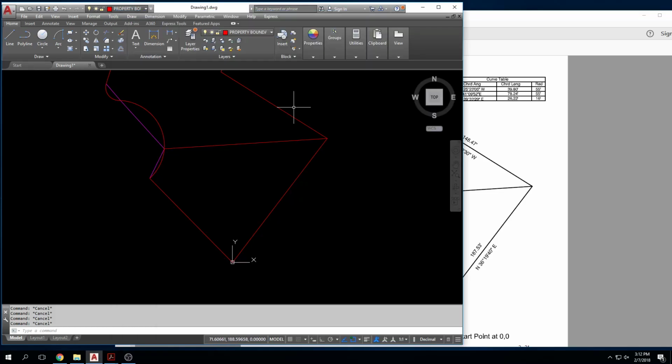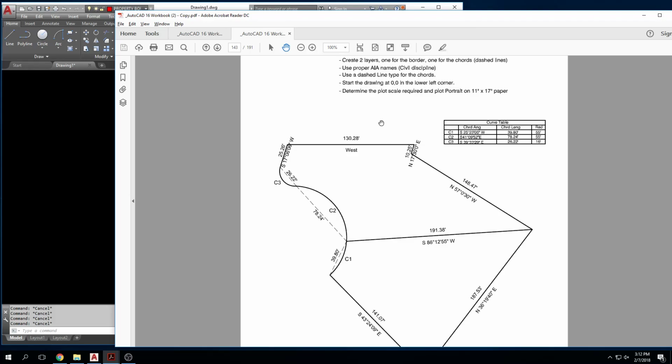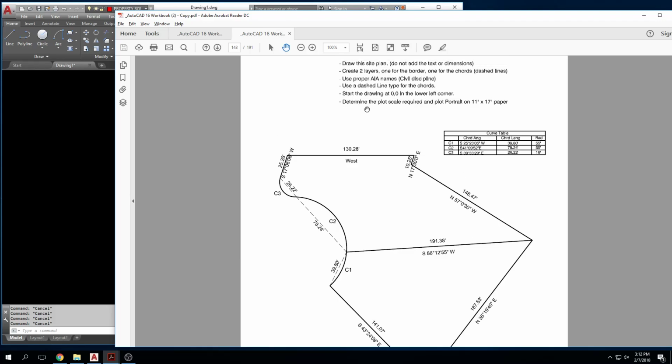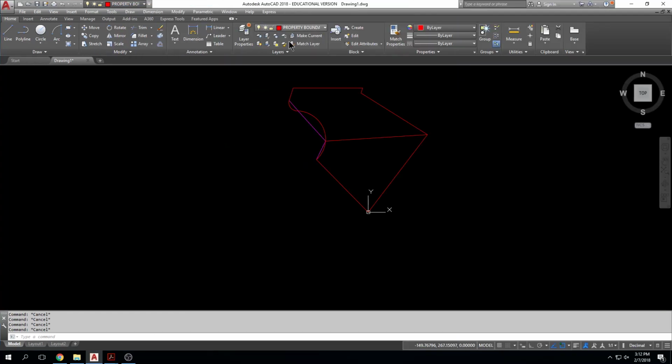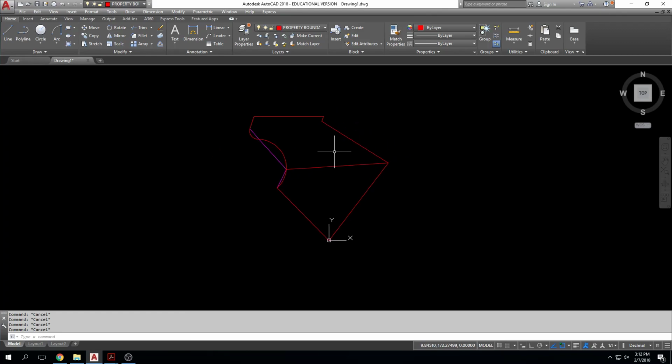I'm going to look at this, and it says on the instructions: determine the plot scale required and plot on an 11 by 17 inch piece of paper. Okay, so now it's time for me to print. I've drawn the site plan. Don't forget to scale it up by a factor of 12. I see that time and time again when I go to grade assignments. You've drawn it perfectly and then you forget to scale it up by a factor of 12,